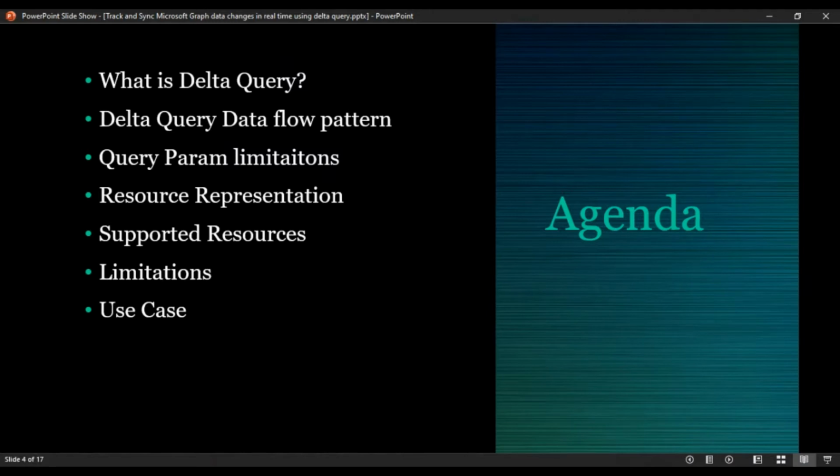We will see the limitations in the query parameters that we usually pass, how the data will be represented in the delta query, what kind of format of data we'll be receiving, and the supported resources that we can use this delta query with, because in graph there are a lot of resources. We will also see the general limitations that are available, and some demos and use cases.